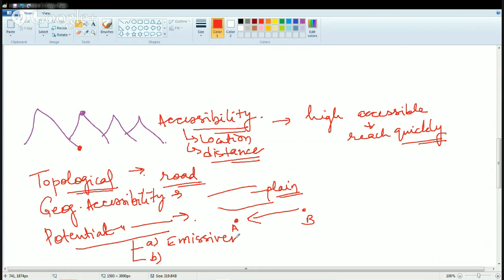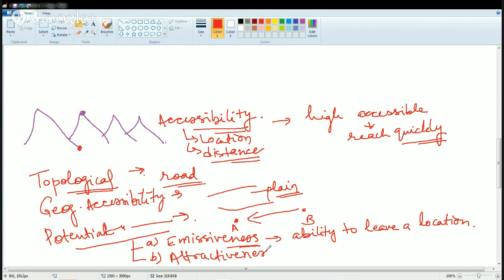emissiveness. Emissiveness means the ability to leave a location. And next is attractiveness. What are the factors that cause or pull people to that location? So emissiveness is the push factor from a location, in simple terms, and attractiveness is the pull factor